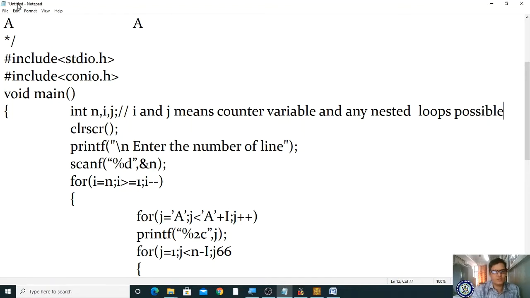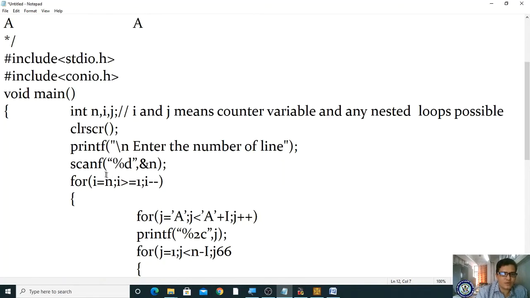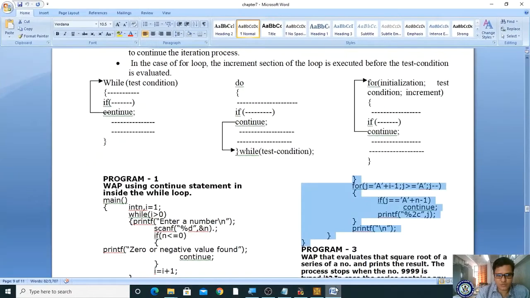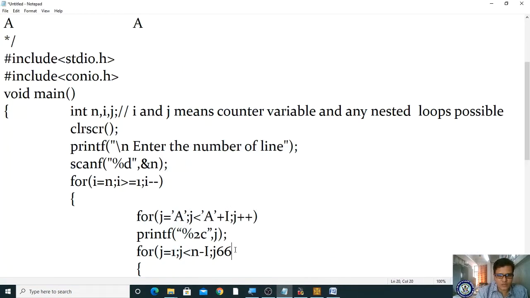Just for understanding purposes, here n means we have to give n number of lines. How many lines we have to enter? First I am writing the n number of lines. We have to supply the value of n from the keyboard. So now I am giving it as 5. Please understand this concept. If you don't give attention, you will be in trouble. So j plus plus, let me do. Now I have given 5.